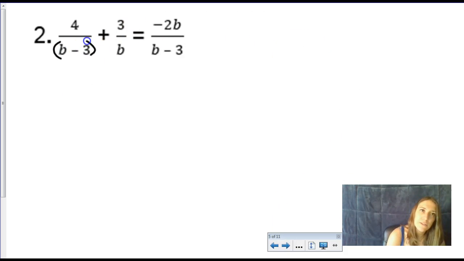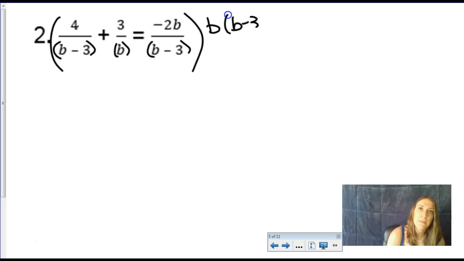These denominators, the pieces are b minus 3, and then there's b, which is a totally different number, and then another b minus 3. So when I look at my common multiple list, I need not only a b, but I also need a b minus 3. Those are two completely different numbers, so make sure they're both listed in your common multiple list. And when you distribute,